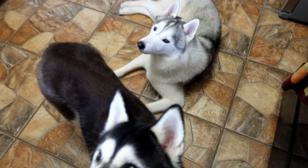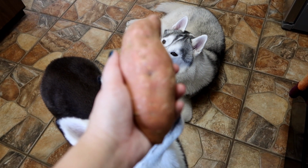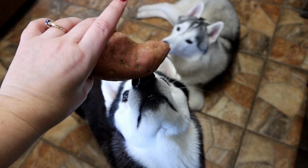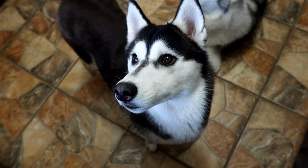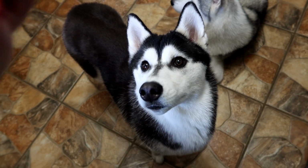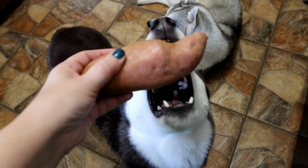So while the turkey is boiling, we're gonna prepare our sweet potato. Those of you may be wondering if you can use canned sweet potatoes, canned yams. You can. Most of them have a little bit of added sugar or syrup, so try to look for the ones that don't. We are actually just going to take this and,